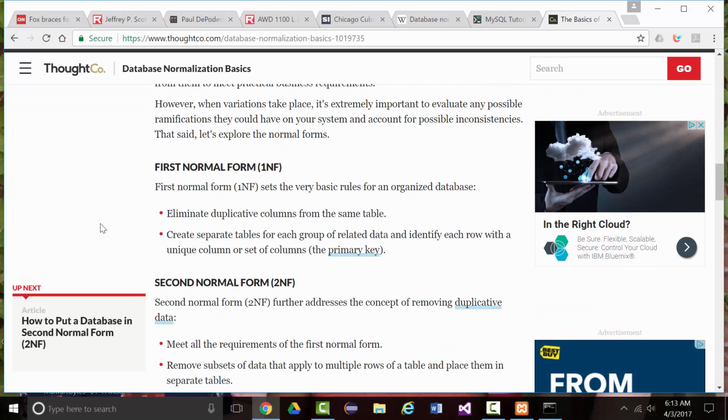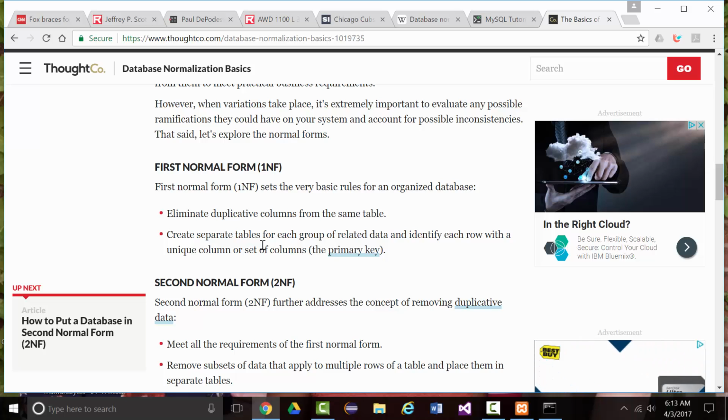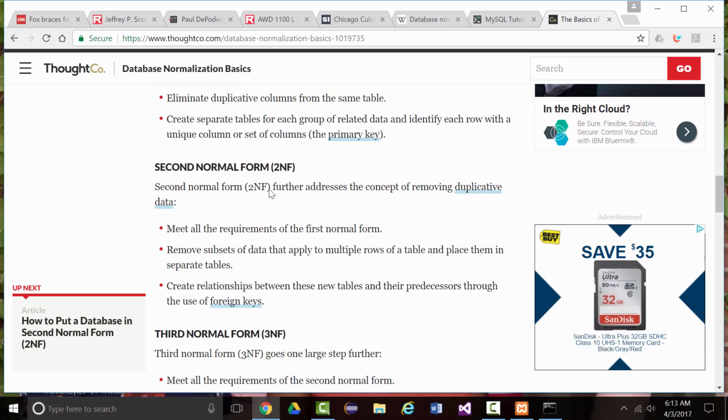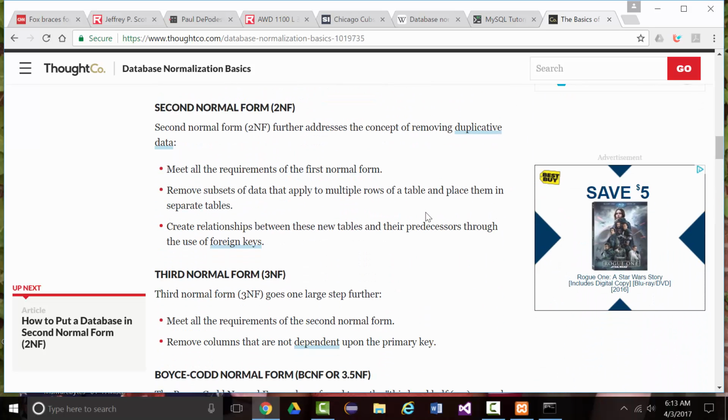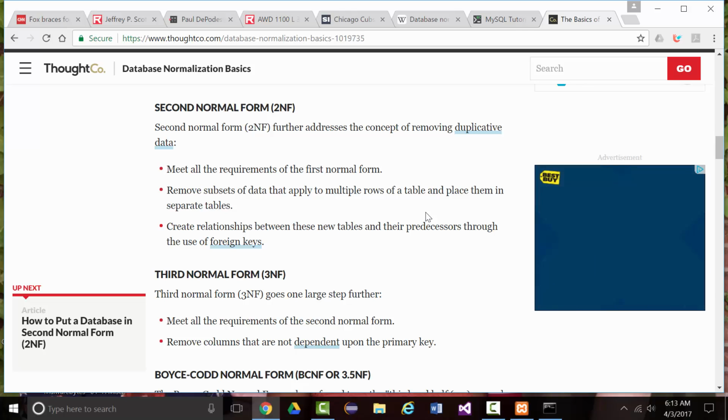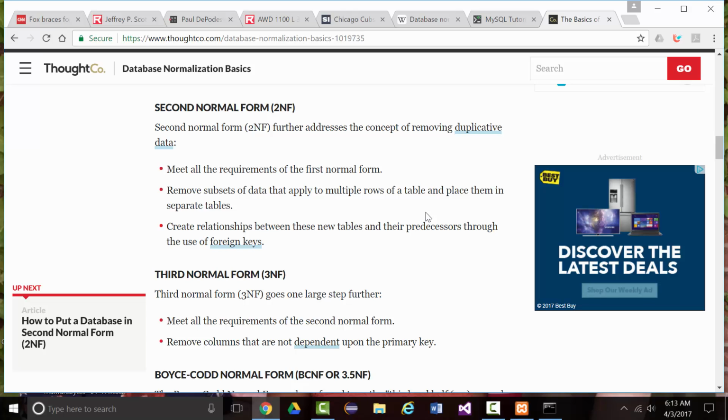So I already showed you first normal form. Eliminate duplicative columns, create separate tables as necessary. Second normal form. Meet all the requirements of first normal form. Remove subsets of data that apply to multiple rows of a table and place them in separate tables. For instance,